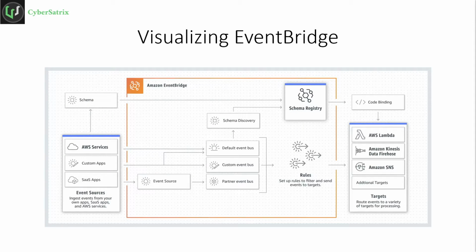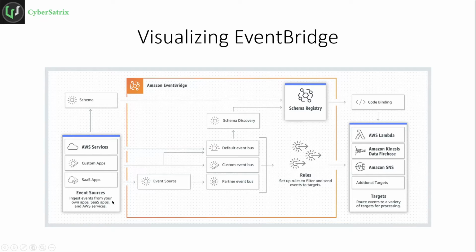Okay, so let's visualize so that you get a better understanding of Amazon EventBridge. As you see, on the left-hand side you have all the source applications, and on the right-hand side you have all the target applications, right? The source applications can be any AWS services, any SaaS-based application, or any custom apps created by the developer for a specific requirement in your case, right?